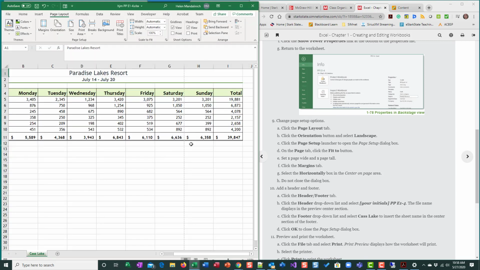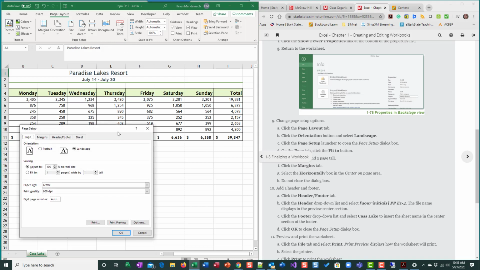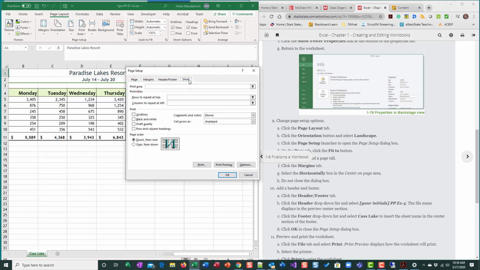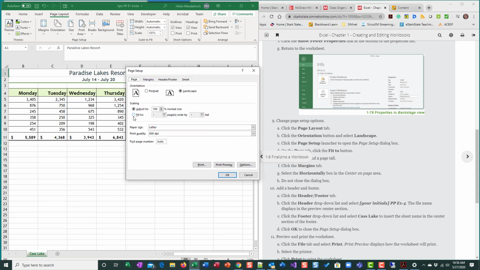So there's a couple things I could do. I could reduce the size of the columns, but then we're going to lose Wednesday. But what I most often would do would be this fit to. Okay, so in this page setup, the way that I do it is I come to my dialog box and I come up here to sheet. I go to page. Fit to 1 by 1, meaning that everything will fit in a one page